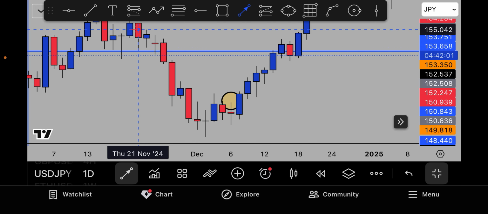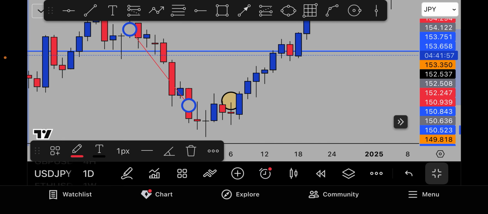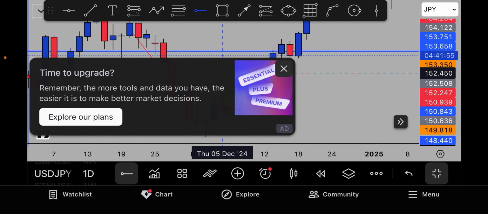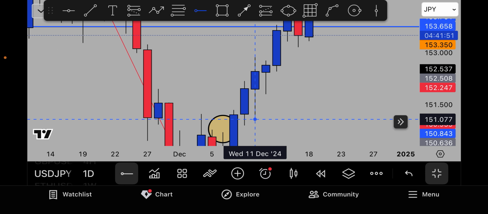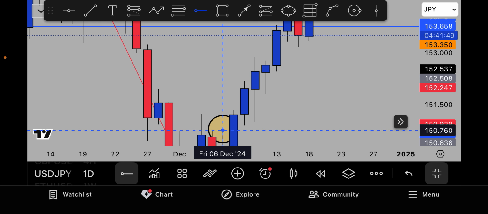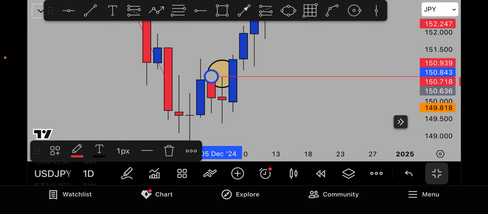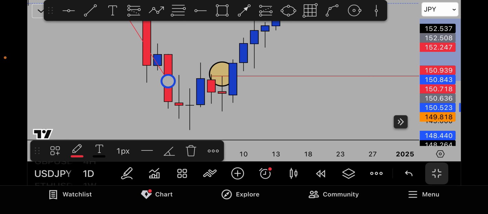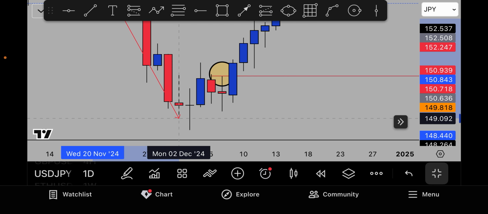That means bears are in control of this market. Now, obviously enough, well, it should be obvious enough, is that once we started breaking above this candle's high right here, this bearish candle,